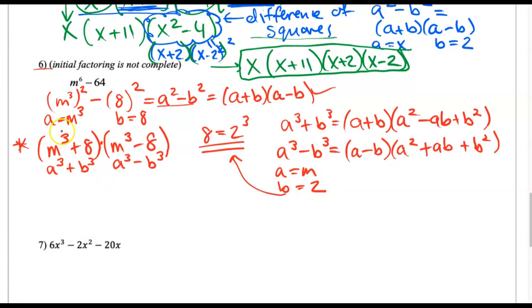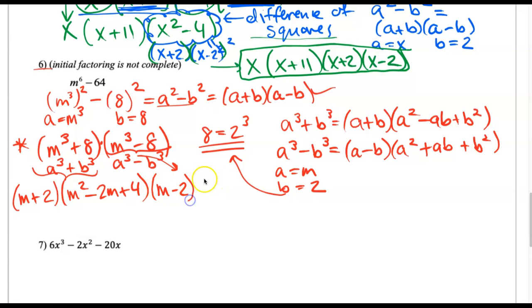The first one, the m cubed plus 8, would break into m plus 2, and then m squared minus 2m plus 2 squared, which is 4. And then the m cubed minus 8 would break into m minus 2, and then m squared plus 2m plus 4. So that's my full answer